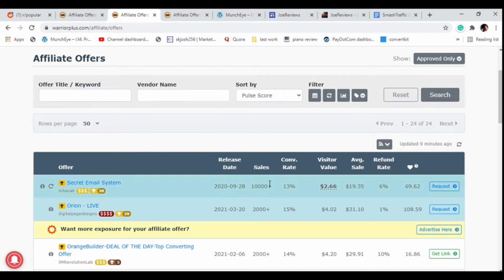So you find a product on the Warriorplus marketplace that has 1000 sales plus, a conversion rate of 10% and above, an average visitor value of $2 and above, and a refund rate of 5% and below. So this is how you find a good product to promote. Don't worry about the pulse or the average visitor value, it doesn't matter. So that's how you find a good product that is going to convert even for the low quality traffic you